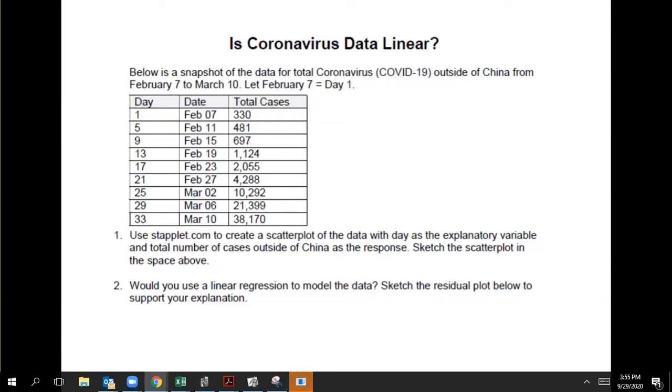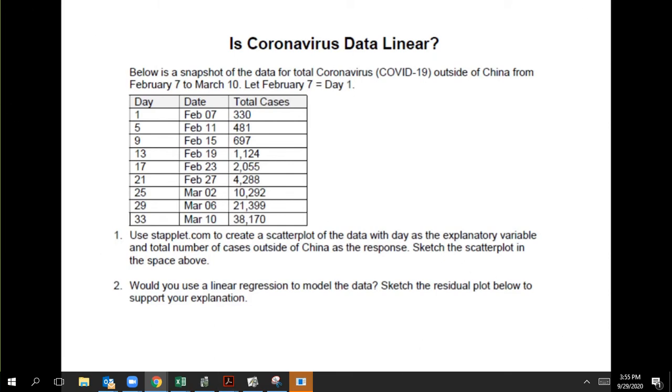Hi, everyone. Today we're going to investigate some coronavirus statistics from the beginning of the lockdowns last spring. You can see this data starts on February 7th and then goes until March 10th. And obviously things have changed since then, but this was what we were working with at the time. So we wanted to see what was going on with the data of the cases outside of China back in